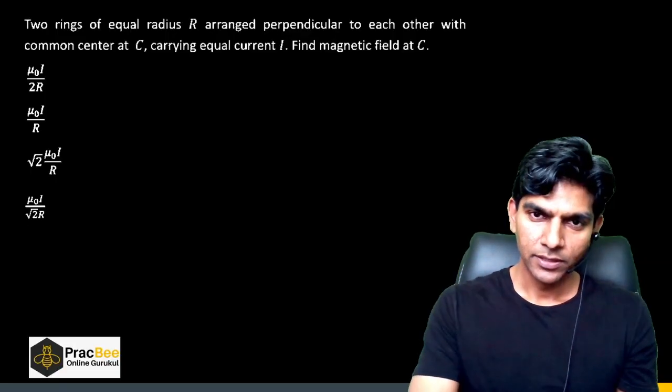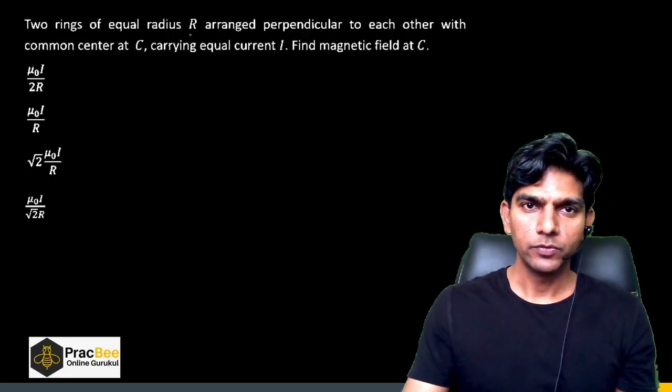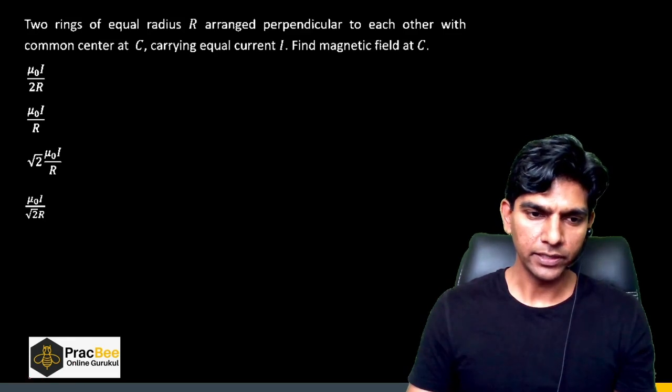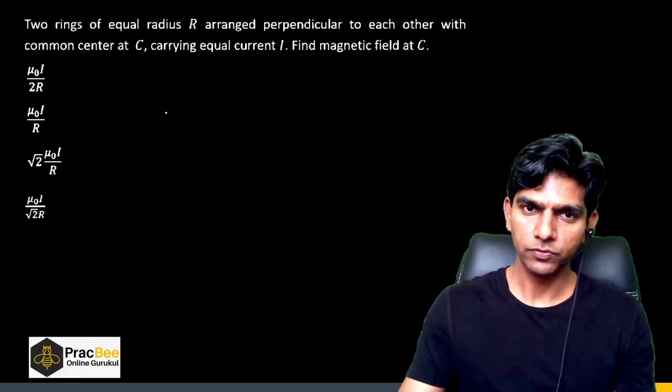So let's start. The first question is: two rings of equal radius are arranged perpendicular to each other with common center at C, carrying equal current I. Find the magnetic field at the center. Standard question, right? So we have two rings